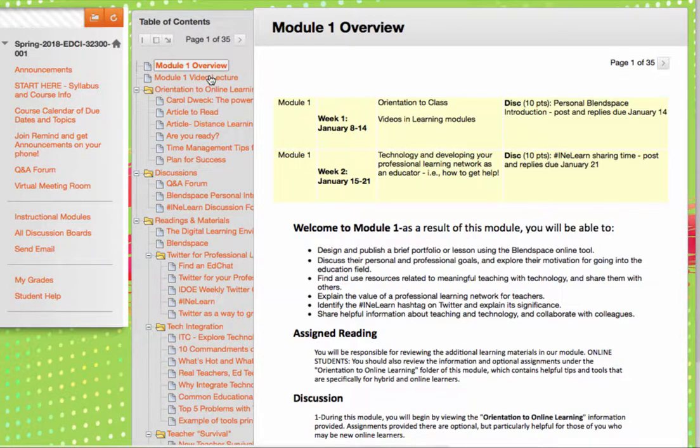As you'll see, there's going to be a video lecture for each module that will tell you what's happening, similar to what you're watching right now. There'll be a little "what's happening" video lecture available to you each module, plus a bunch of stuff to look at and read. Then of course your discussions or assignments will be noted as in their own folders.